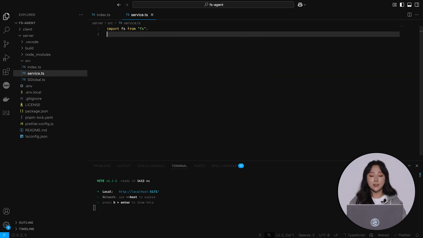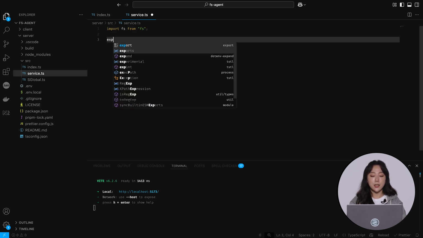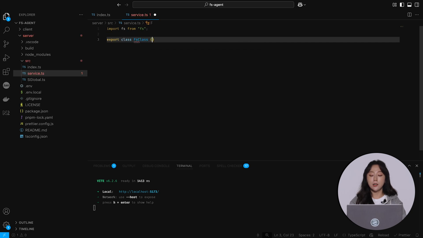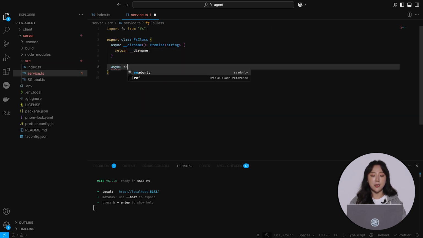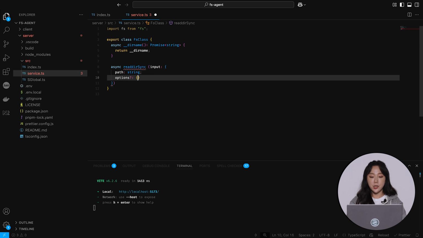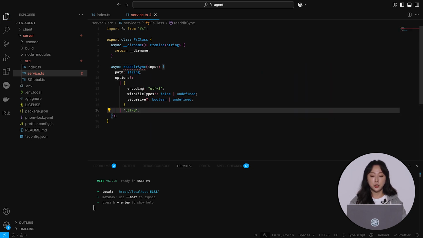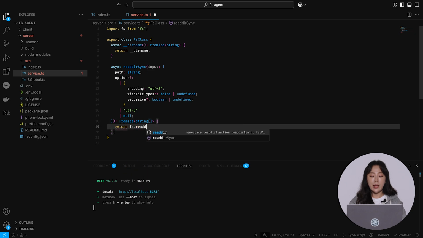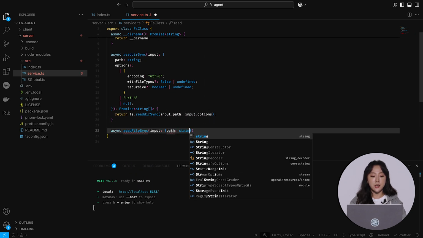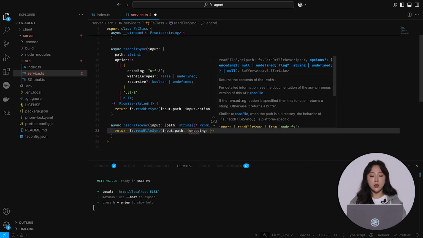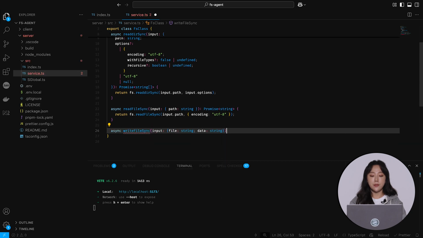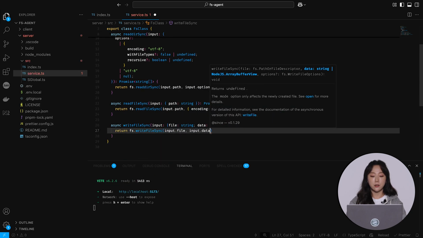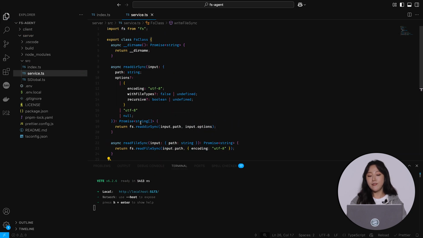And then I'll declare an FS class, and inside I'll only implement the methods I mentioned earlier, just a simple wrapper around the native fs functions. So the dirname, readdirSync, readFileSync, and writeFileSync. At this point, I haven't added any comments or annotations, just implemented the logic.